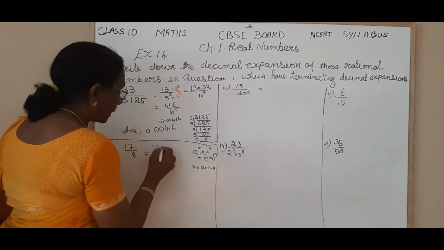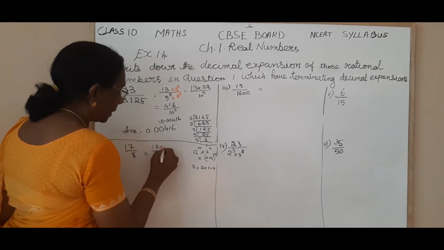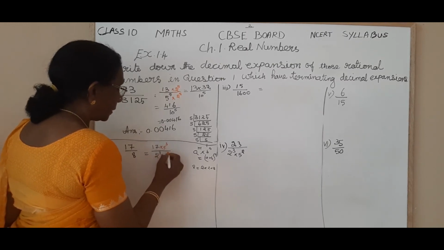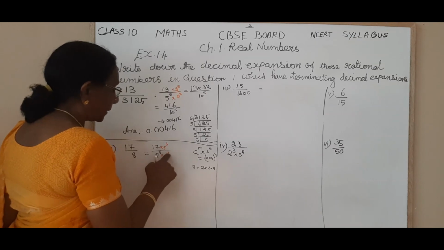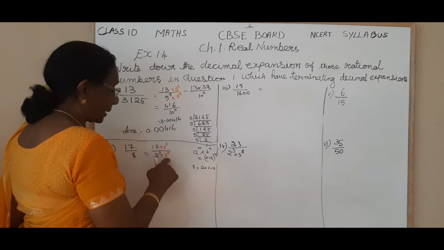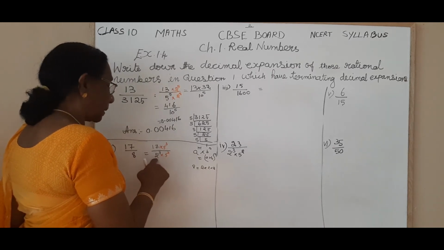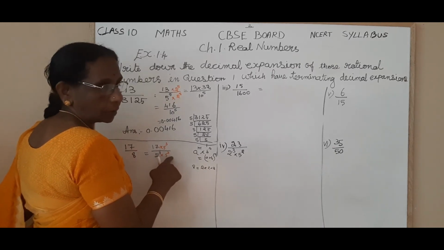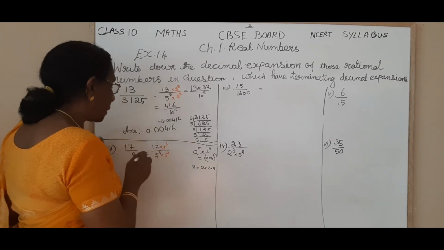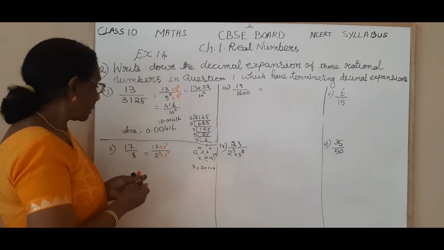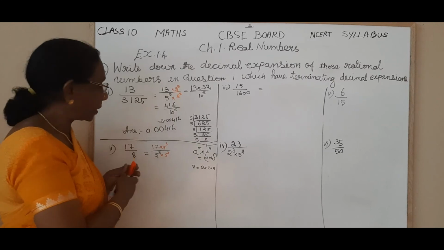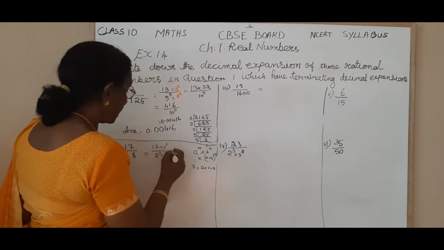You multiply the numerator and the denominator by 5 cubed. So if you multiply, then the powers are the same and you are getting the denominator in the form of 2 to the power m into 5 to the power n. The powers are same and you have the prime factors 2 and 5. So now you simplify. So how many decimal places will this rational number have? 3. Okay. So this is